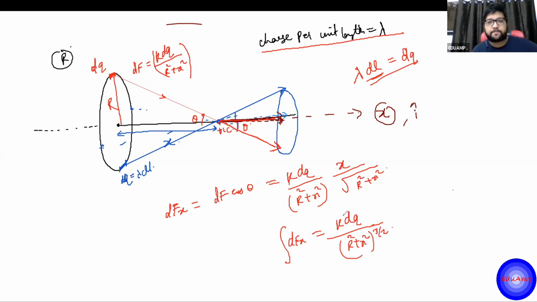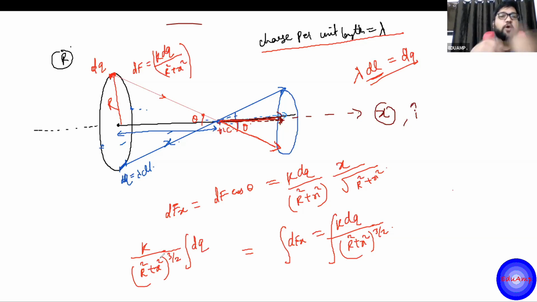So just sum it all. Just see, x is not a variable here, r is not a variable here, k is not a variable. X is a fixed point, it is not changing. So we don't have to integrate anything. Everything will come outside the integral sign because r, x, k, everything is constant here. So I am left with just the integral of dq, that is the sum of all the dq's.